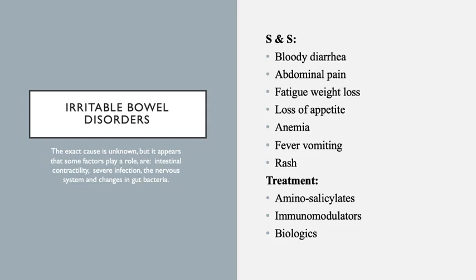Treatments include aminosalicylates. They're aspirin-like medications that decrease inflammation in the intestine wall itself. Immunomodulators, which is a medication used to treat Crohn's and ulcerative colitis by decreasing immune system activity. Biologics are medications used with IBD that do not respond to other medications and when other medications cause side effects. Or if your child has complications of Crohn's or ulcerative colitis, such as refractory disease or fistulas. They may also decrease the number of immune system cells in the body, and some examples of these medications are